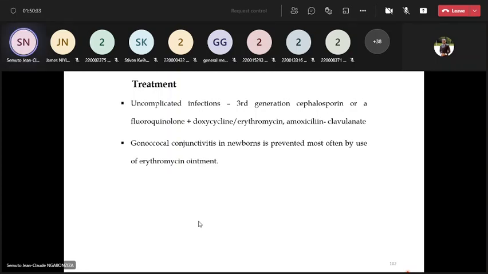Any question with Neisseria gonorrhoeae? Any question? So if no question,